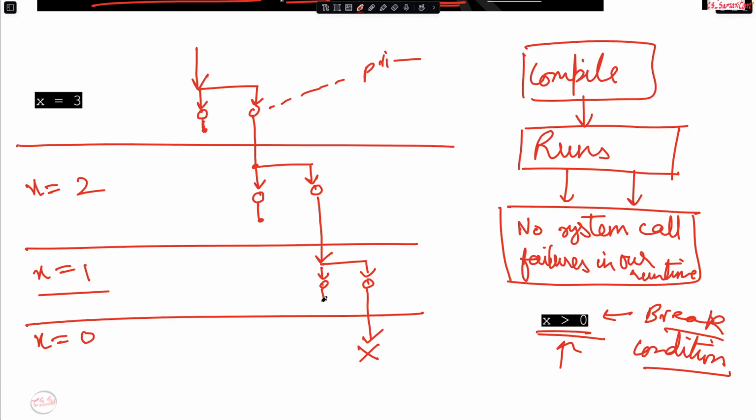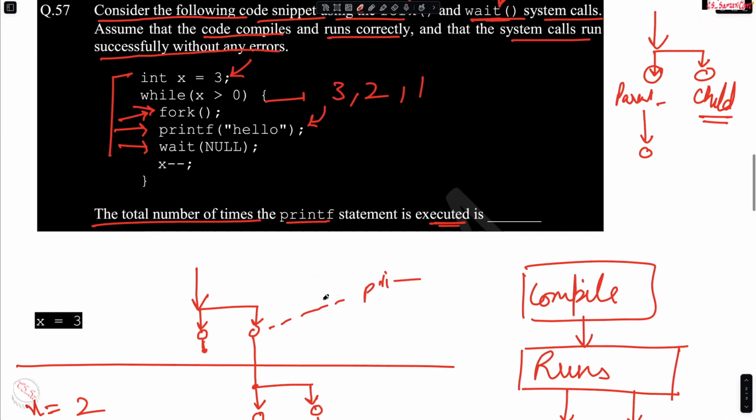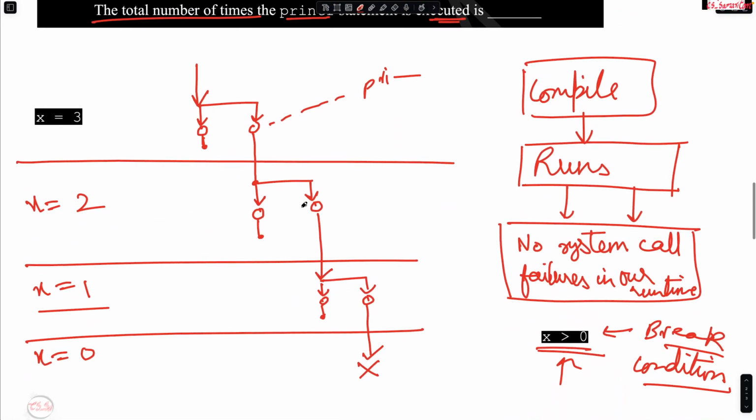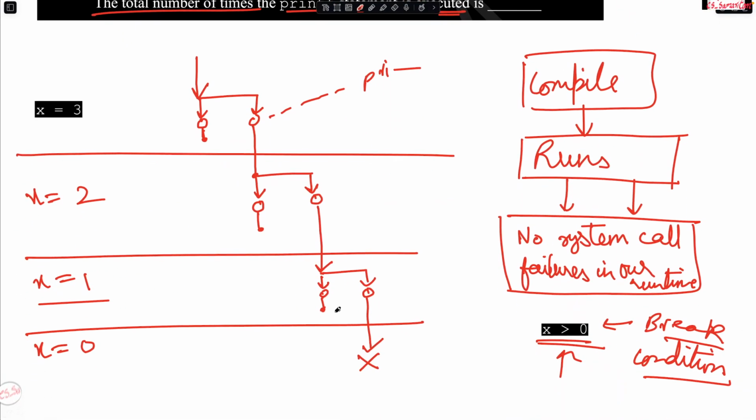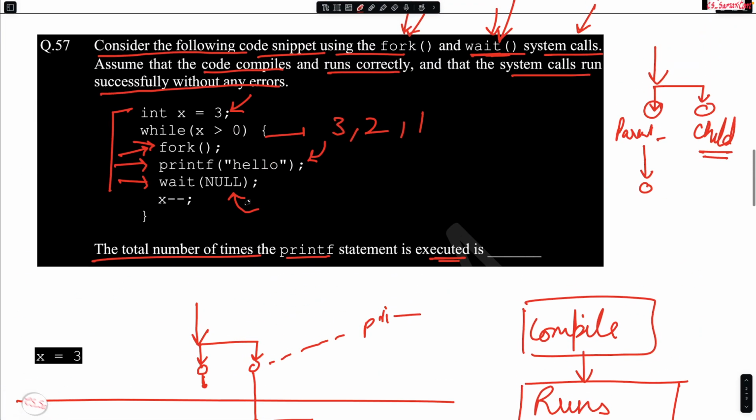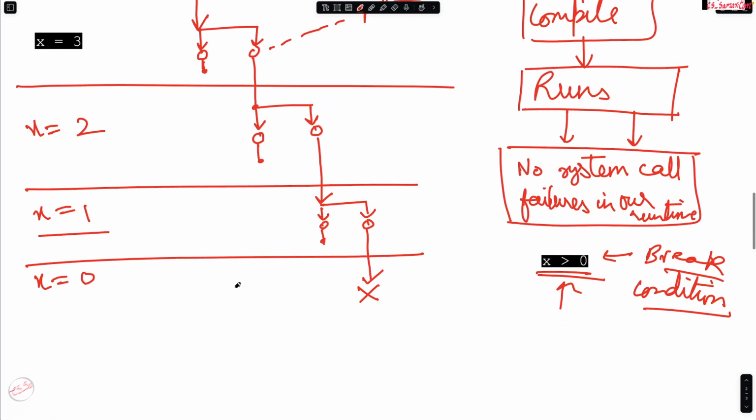At this point, its parent, which was waiting currently, is going to activate, because the wait NULL command right over here is only going to make the parent wait till the child has exited, right? So once the child has exited, the parent will be reinitiated, come to life, and then execute the rest of its commands, right? Because x is equal to 1 is present for the parent, and the wait goes out, x is decremented, and then the while loop is over. That is the behavior of the parent. That is going to happen over here, and the parent dies.